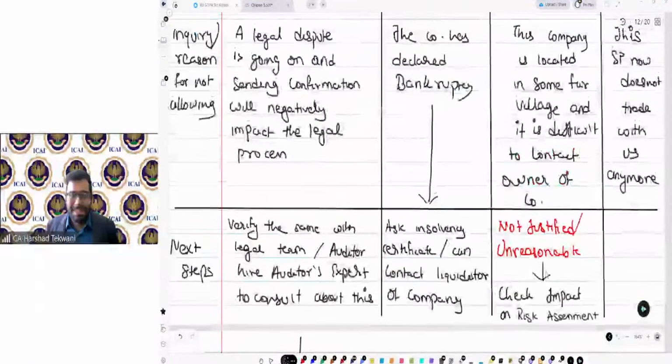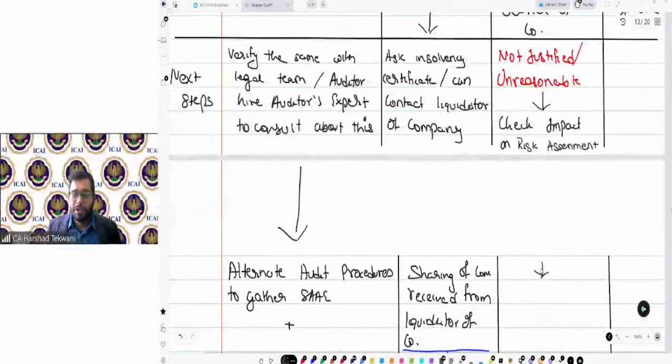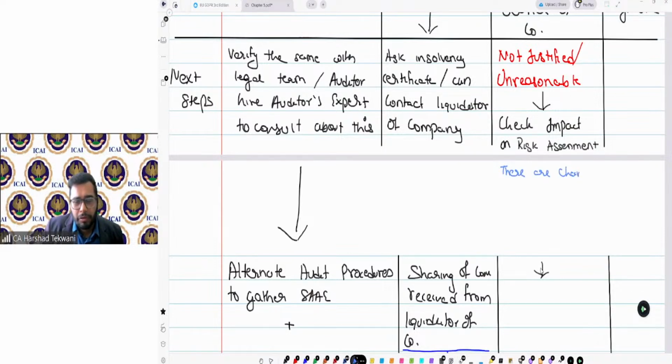So understand, in this scenario, when management's justification is not appropriate or the reason given by the management is unreasonable, in that case, check the impact on risk assessment because there are chances of fraud risk, a possibility of fraud in this scenario.